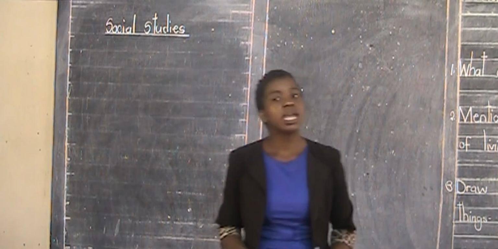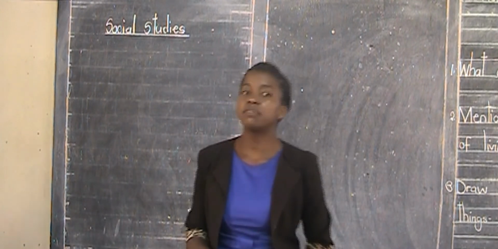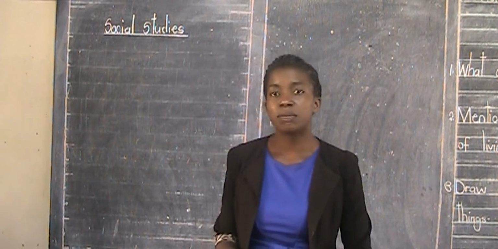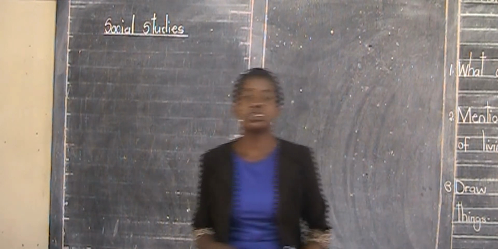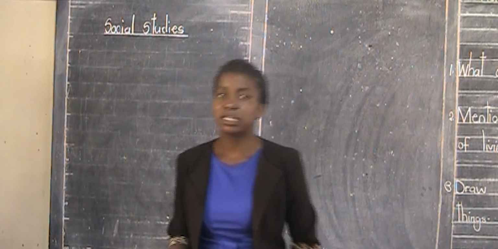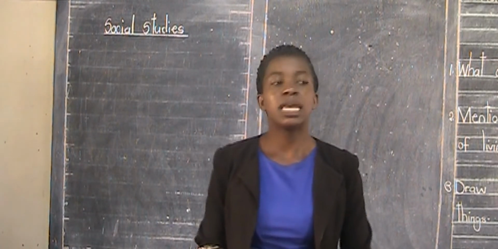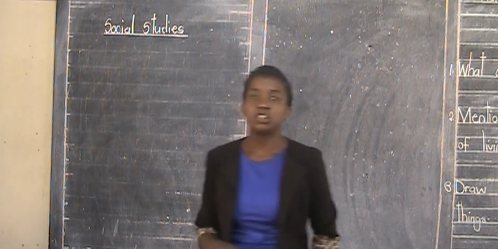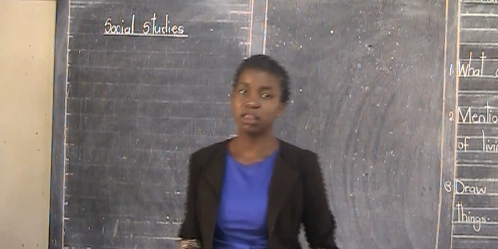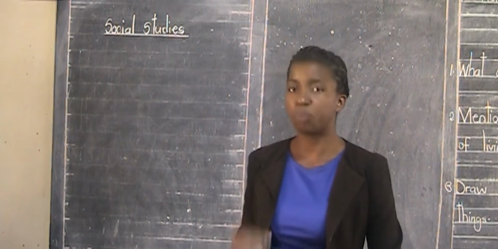When I say earning a living, at the end of the day when someone is working, they get paid. When they get paid, they get money and they buy all the different types of things that are needed at home. Different types of groceries, different types of clothes, different types of shoes. That is why we are saying we work to earn a living. That is why working is important.